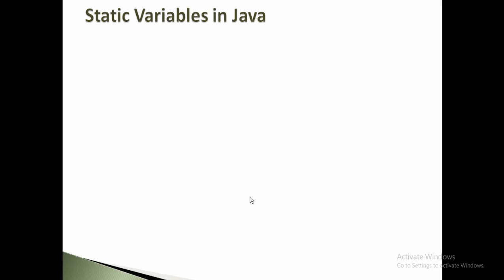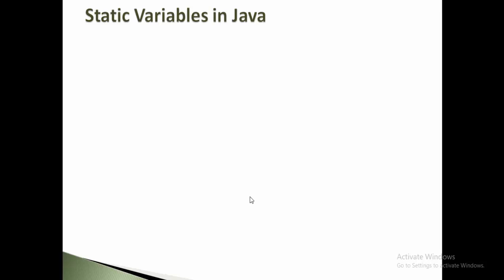As I already told, the variables which are declared with the static keyword are called static variables. And these static variables are also called class variables. Another name of static variables is class variables. There may be a question in your examination like define static variables or define class variables. Both are the same. The variables which are declared with a static keyword are called static variables or